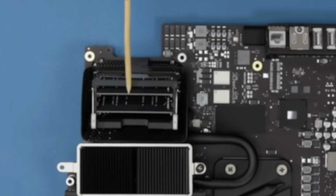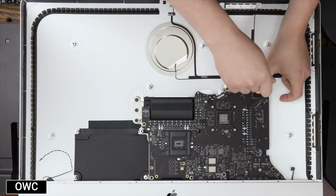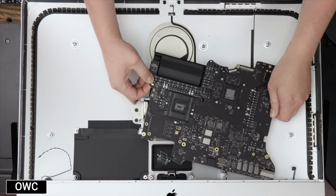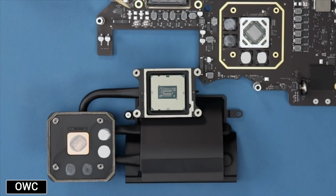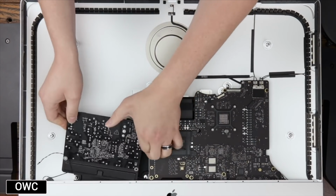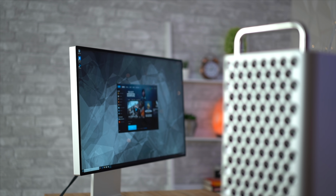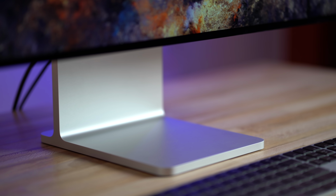The user replaceable RAM that is also quite thick is most likely going away, which is a bit sad, but it makes sense for an Apple Silicon chip, which integrates everything into one SoC. Now, if you think about it, everything is going to be soldered onto the main board. The Apple Silicon chip, the RAM, the storage, and the power supply will be built in. The cooling system will be much smaller than before since there's no need for a dedicated graphics chip that takes a huge amount of power. And the Apple Silicon chip itself takes much less power than an Intel CPU. Basically, the main board is going to be much thinner than before, and all of the leftover empty space can be filled up by the speaker enclosures, which will be thinner and more spread out. So it totally makes sense for the guts of the iMac to fit into a chassis that's thinner than the Pro Display XDR. And finally, I think the stand is going to look very similar to the one on that